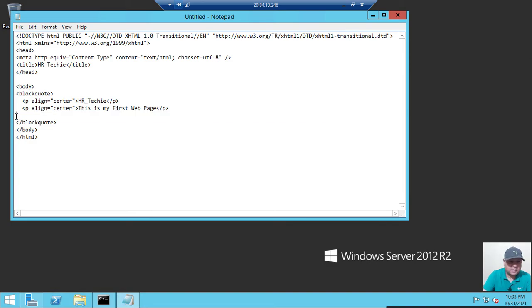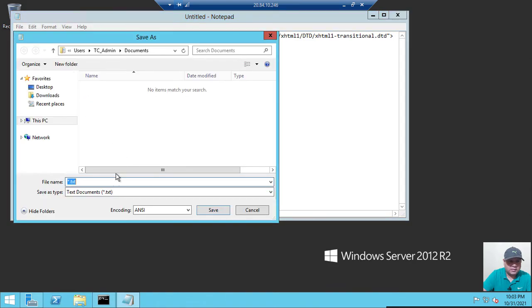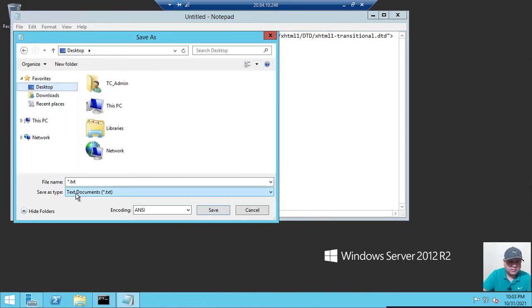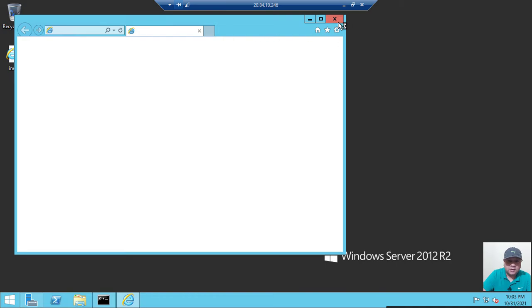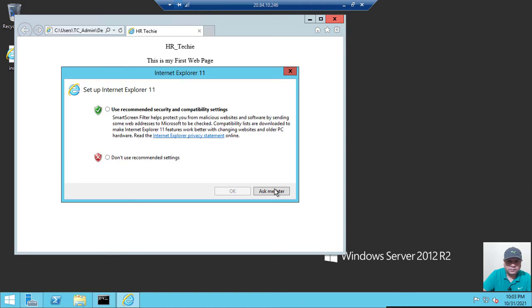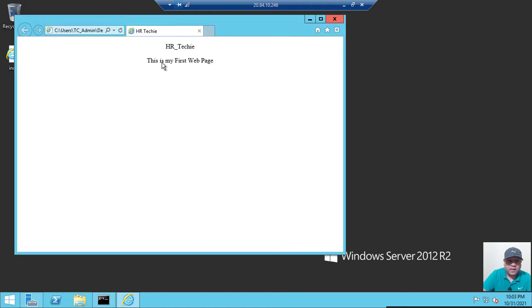Let me delete this line. In File, Save As, index.html. If I open it, it gives me the same, but I want to make it a second web page, so let me modify it.